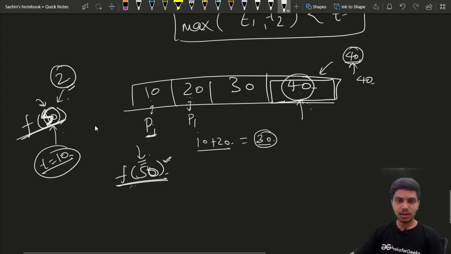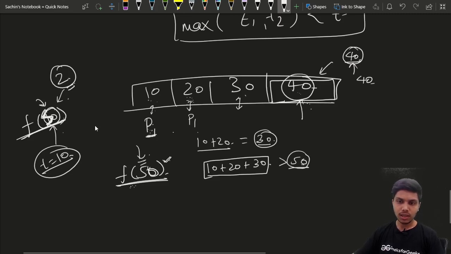So we will assign this second board to our first painter only. Now I will check whether it is possible to assign the third board to our first painter or not. Let's see the time taken by the painter. Here we can see that the time taken by the first painter to paint all these three boards is greater than our 50. So we can say that we cannot get 50 by assigning this board to our first painter. So we will not assign the third board to our first painter.